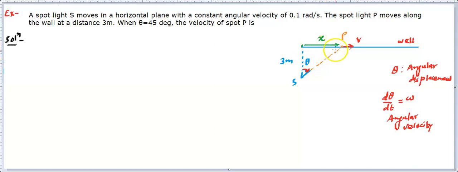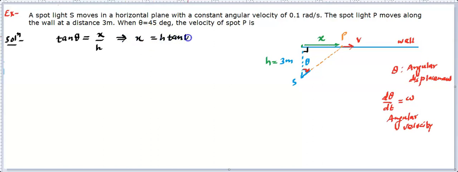So we can make a relation between theta and x using this. Let's call this h for the time being. h is a given number, h is not varying, x is changing, theta is changing. Can we relate theta and x using this h as well? Yes, we can easily relate it. In this right angled triangle, we use tan theta. So tan theta is equal to perpendicular, which is x, divided by h. h is a constant. So from here you can write x is equal to h tan theta.